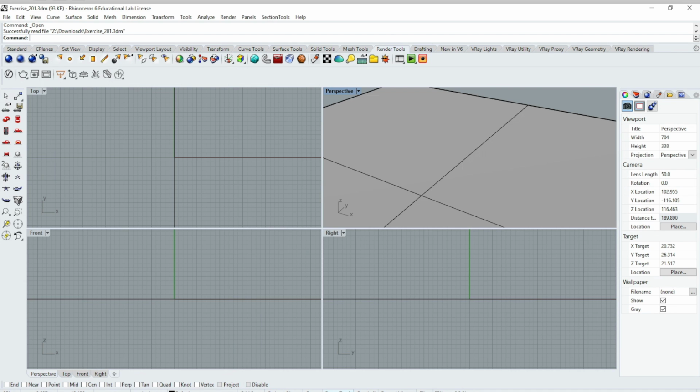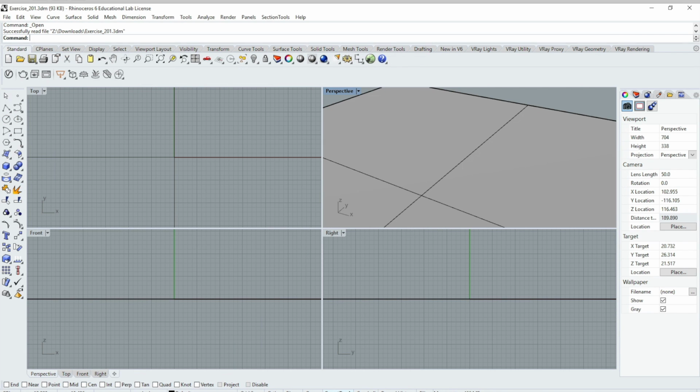Below that, we have our standard menu bars. By default, the render tools are up. We're going to switch back to the standard tools. So I've clicked the tab for standard. These are all tabs that are available to us. We're going to use standard. And then within the standard tabs, we have some of our basic settings here. But we also have a variety of quickly used tools running down the left side here, a lot of which we will use on a very frequent basis.